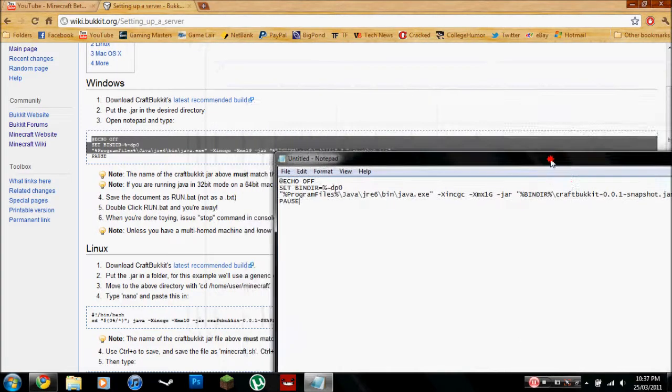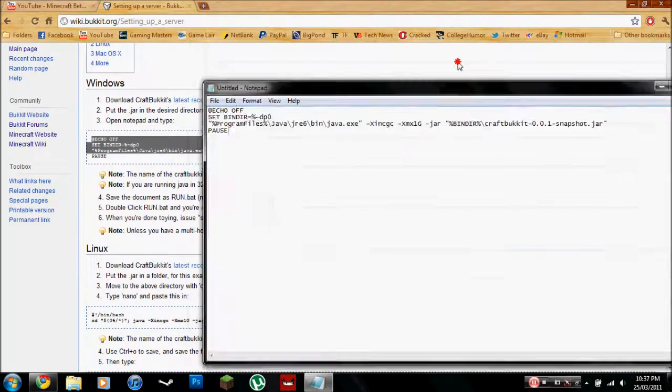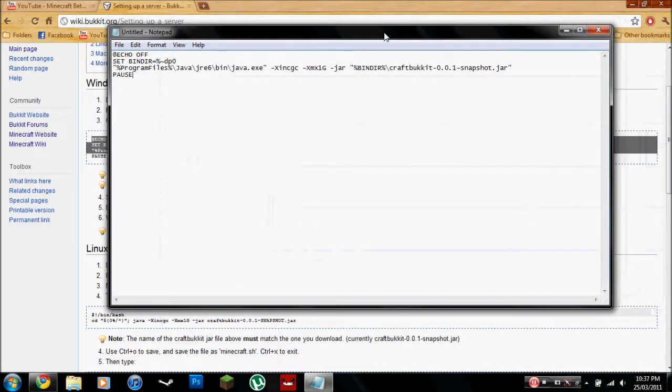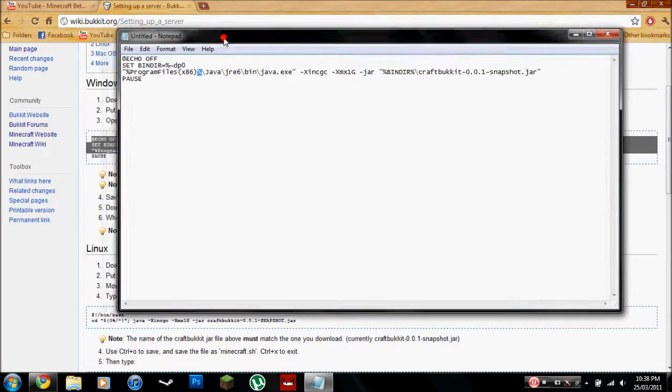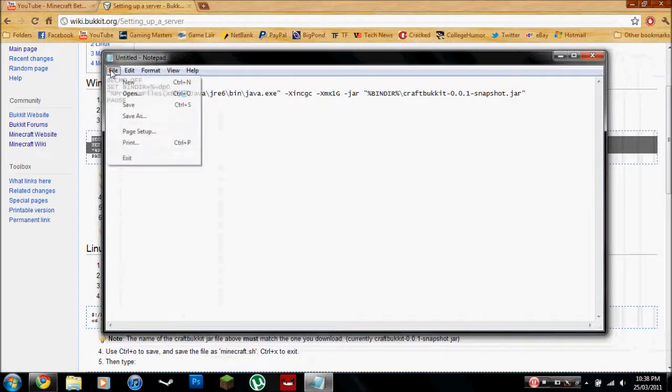And so now this is all you have to do if you're running a 32-bit computer, but if you're running a 64-bit computer like me, you have to go where it says program files and put bracket x86 bracket just before the percentage sign there, right at the end. Once you're done, go File, Save As,